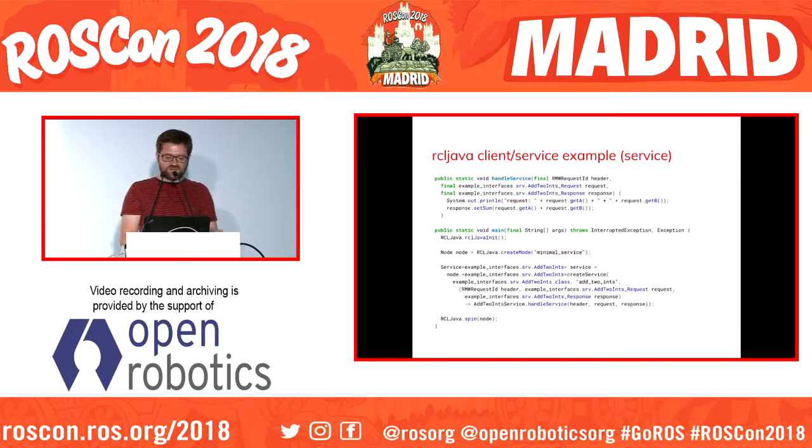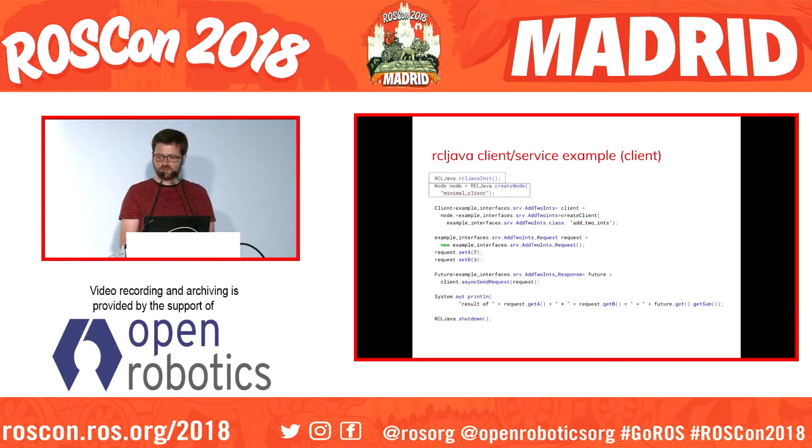And now for the clients and the services. Like with previous examples, we initialize ROS2. This is the service. We create a node. We create the service, which has a callback here, and we spin. And for the client,